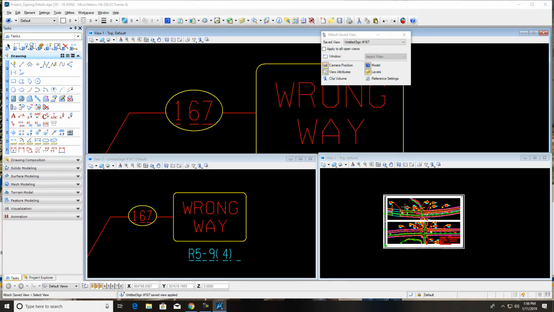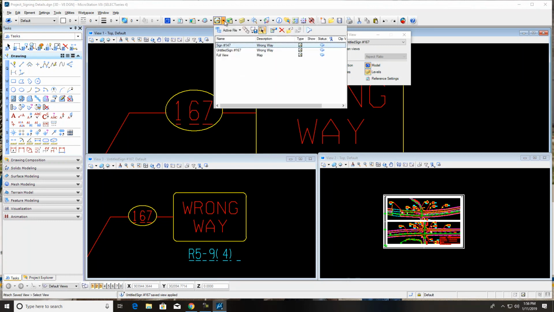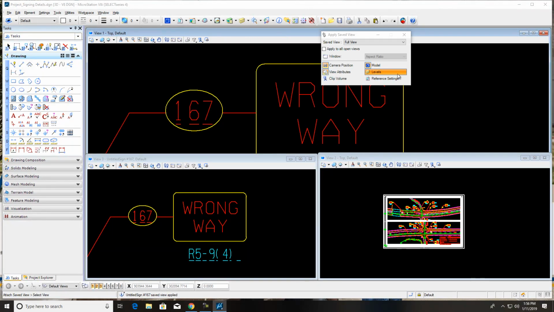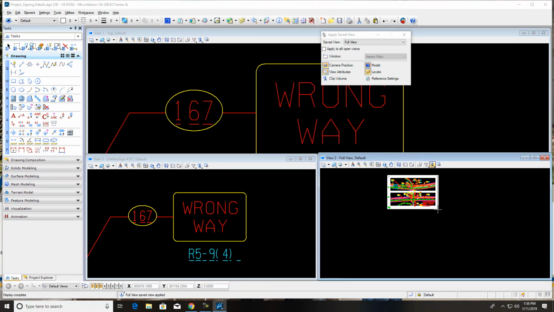Like this one, if I want it to be, let's say the full view, come up here, full view, and just click. And it done it just like what it would have done it up here in this tile. So that's basically what you're getting into with saving these